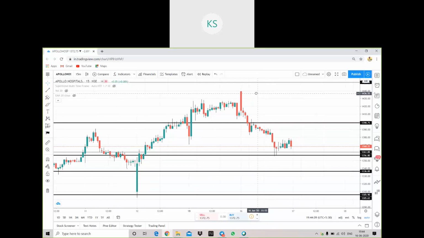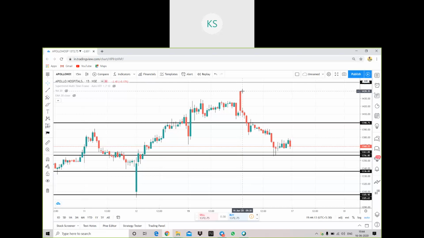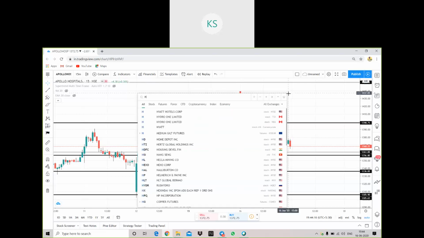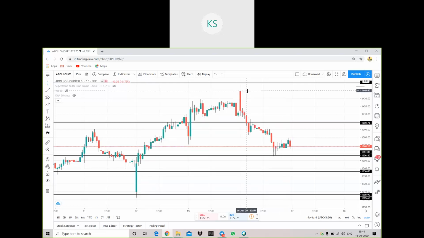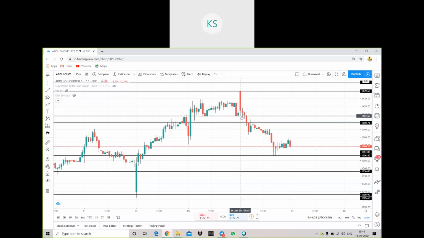Okay, fine. So this is the first 15 minutes candle. We have to just consider that. And what we have to do is draw a horizontal line. When this first 15 minutes candle is completed, after that you have to draw two lines. One I have drawn touching the highest point, and another one I'll make touching the lowest one. So this complete range is known as open range because this is the opening candle of the day according to 15 minutes time frame. And we have decided the range.